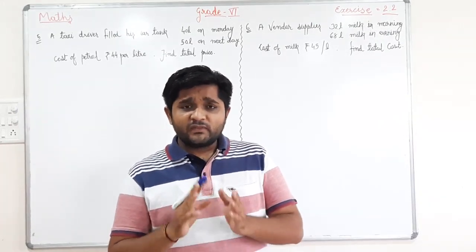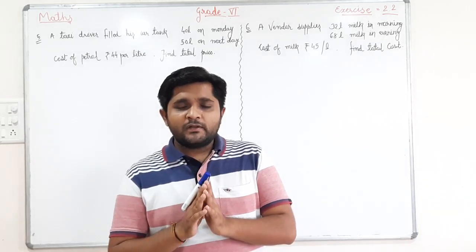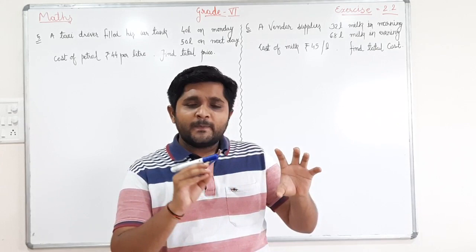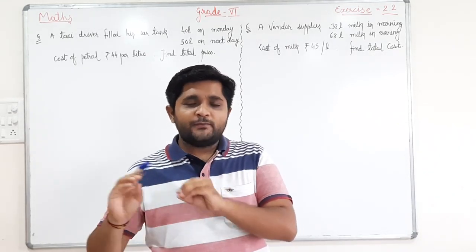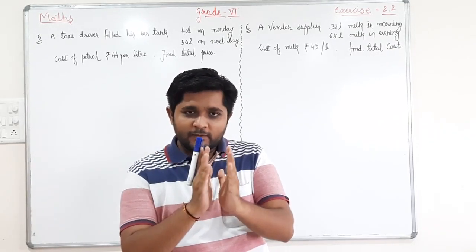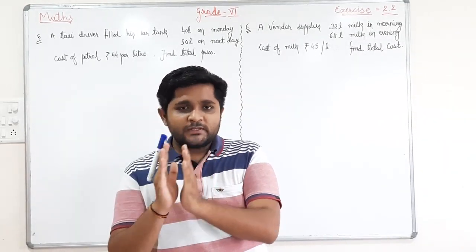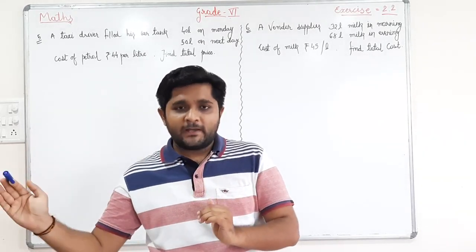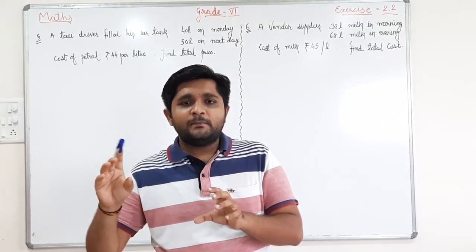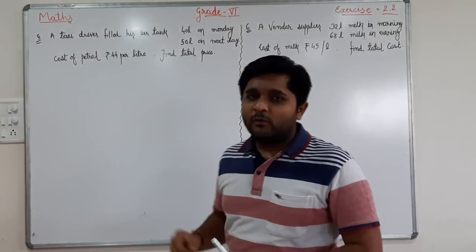Now you want to buy two different chocolates, but the price is the same, 5 rupees each, and you want to buy 5 Munch and 5 Perk. So what you have to do? 5 Munch plus 5 Perk, multiplied by 5, which is the price. That means 5 plus 5 chocolates multiplied by the price. So the same phenomenon we have to apply over here.